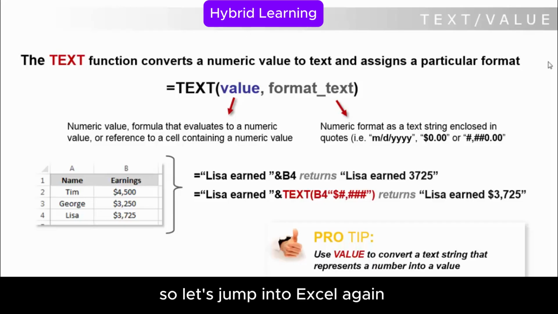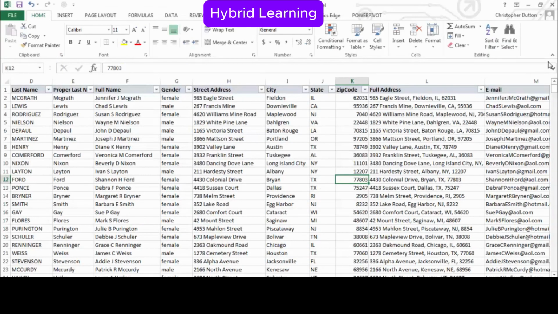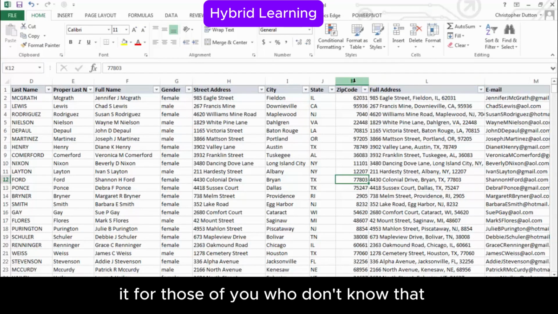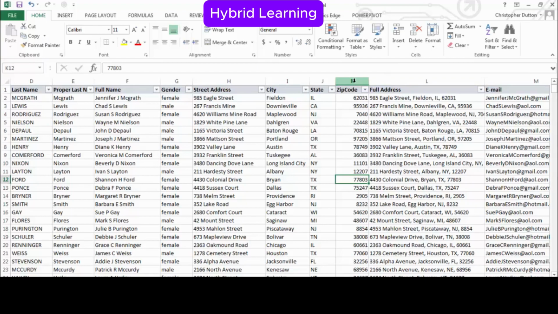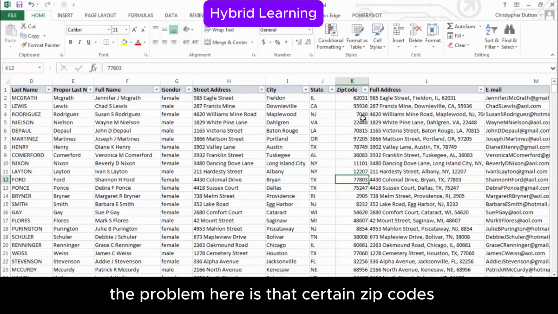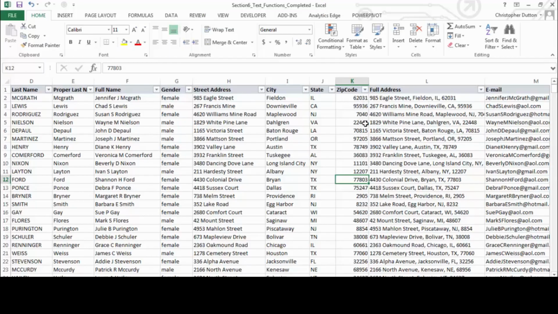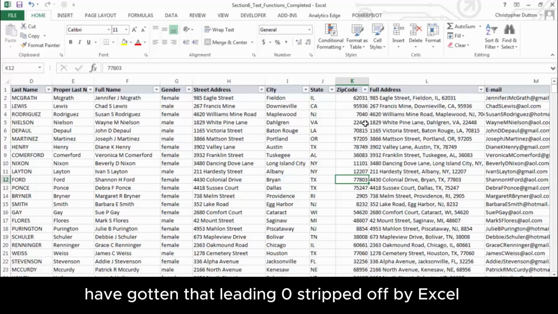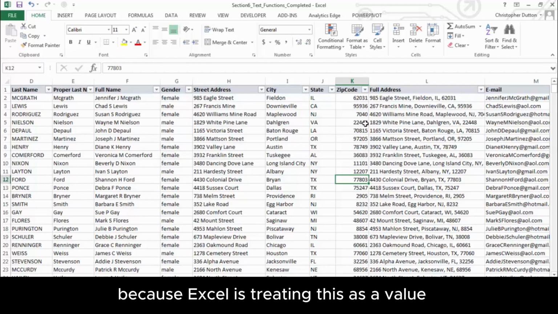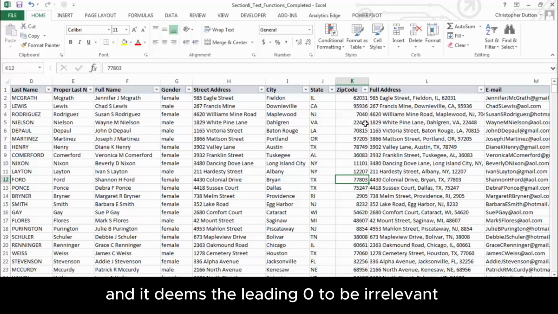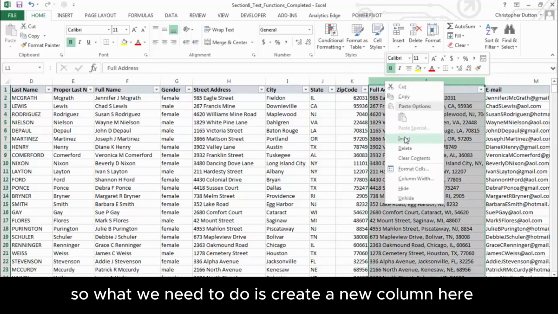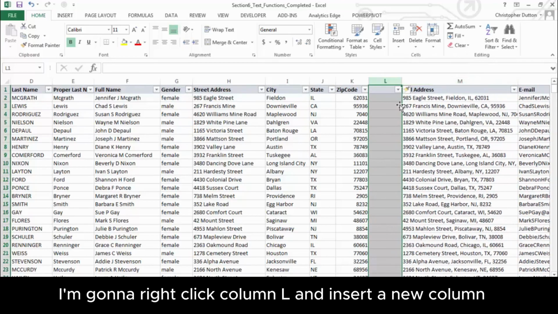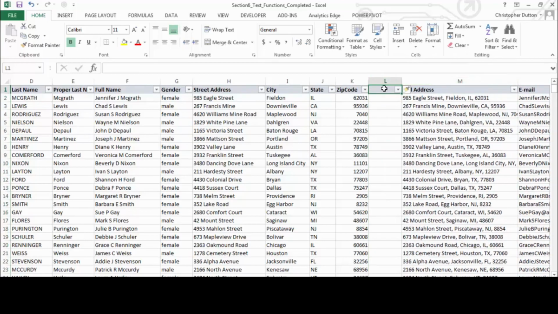So one really common example where you might run into issues between texts and values is dealing with the zip codes. So let's jump into Excel again and take a look at our zip code field, which is in column K. For those of you who don't know, the traditional or standard zip code should have 5 digits. The problem here is that certain zip codes which began with a 0 have gotten that leading 0 stripped off by Excel because Excel is treating this as a value and it deems the leading 0 to be irrelevant. So what we need to do is create a new column here. So I'm going to right-click column L and insert a new column. I'm going to call it